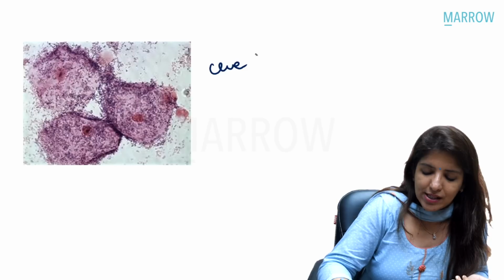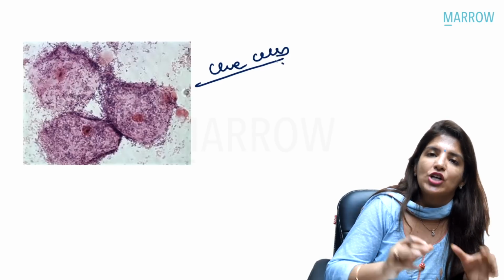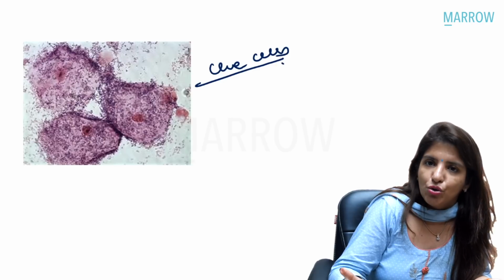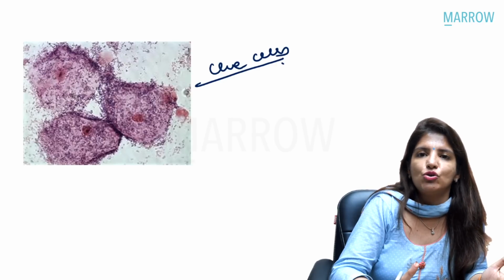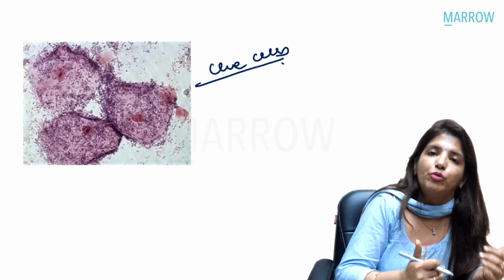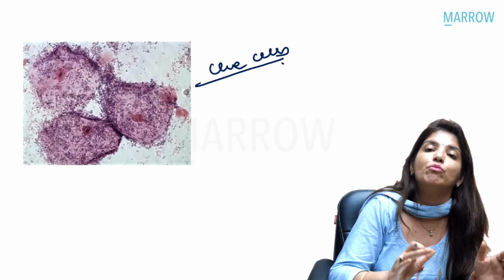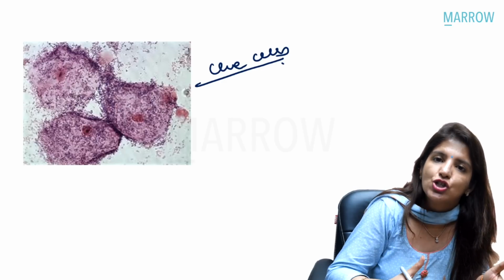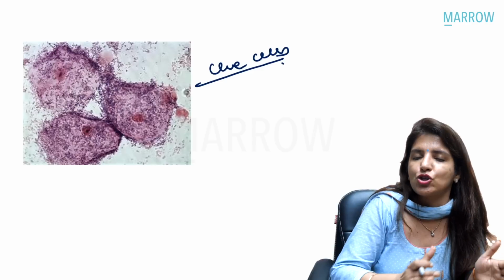So what are clue cells? Clue cells are when the vaginal epithelial cells are studded with bacteria. That is clue cells. In case of bacterial vaginosis, because there is no inflammation, that is why there is no pruritus. Bacterial vaginosis is the most common cause of vaginitis in young reproductive age females, and it is not sexually